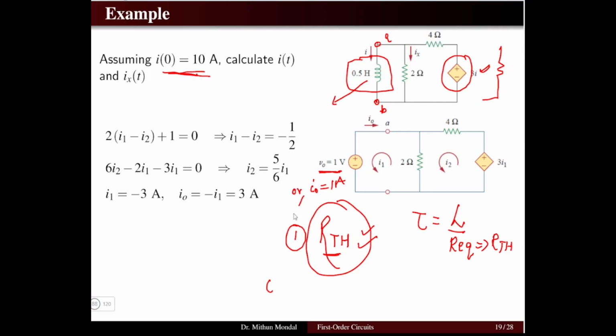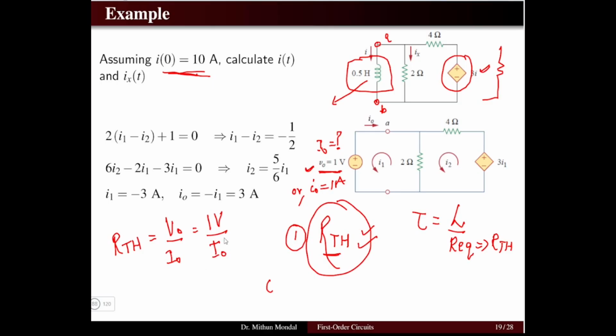So here I have connected a voltage source of 1 volt and I need to determine the current I0 flowing in the circuit from the voltage source. Then my R Thevenin will be equal to the voltage V0 divided by the current I0. Voltage V0 I have already connected, that is 1 volt. So I need to determine the current I0 that is flowing in the circuit.